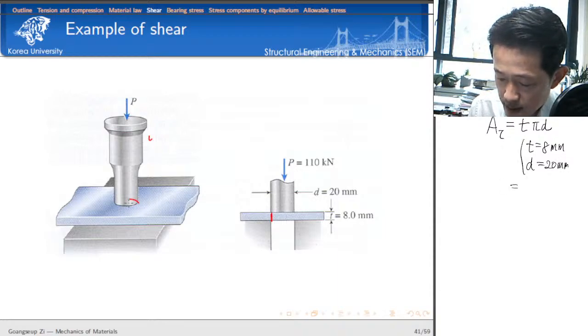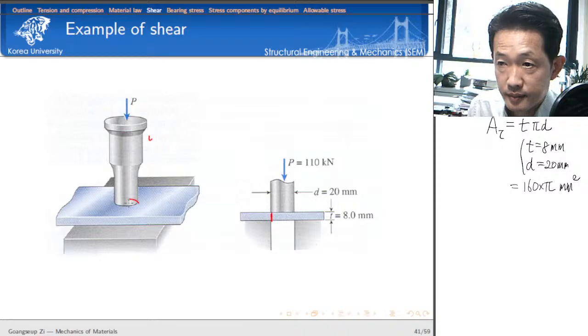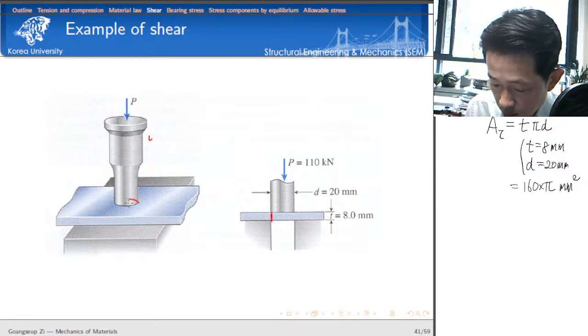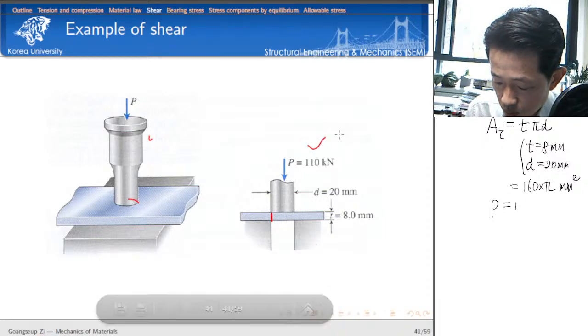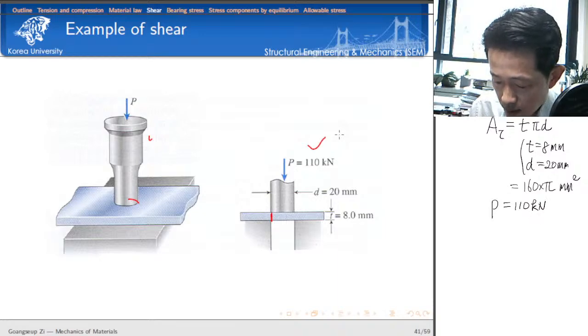The shear area is 160 millimeters times pi. Its unit is millimeter square. So what is the load? The load is given by 110 kilonewton. So now let's try to calculate the shear stress. The shear stress is equal to the load P divided by the shear area. This is equal to